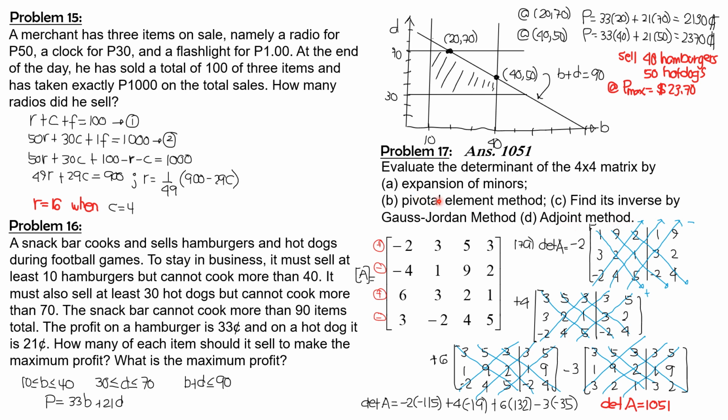So let's solve this manually. Although your calculator is capable of evaluating a 4 by 4 matrix, my calculator is only capable of evaluating a 3 by 3 matrix, as well as inverting a 3 by 3 matrix. Your calculator is capable of inverting a 4 by 4 matrix. So I'll present the longhand solution first by expansion of minors